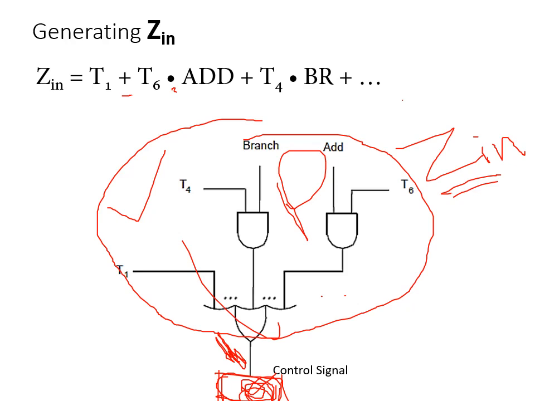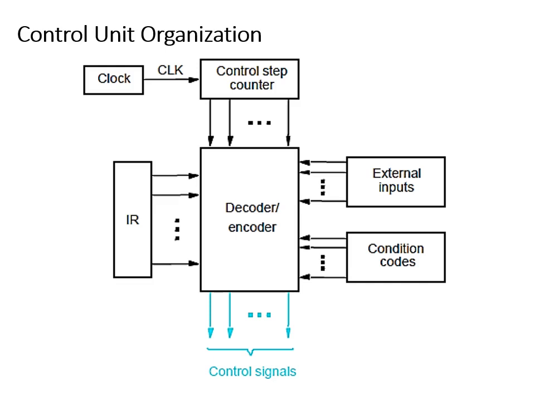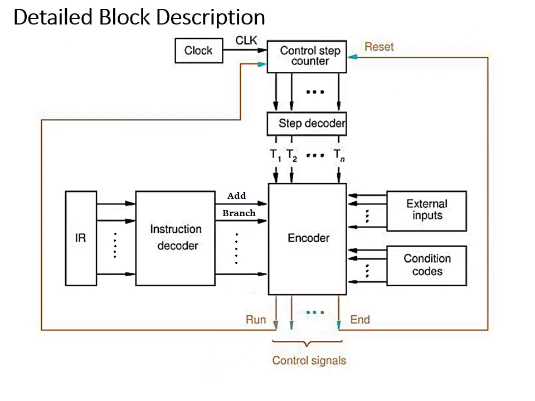Now let us see the whole organization. So this is the complete hardwired control organization. There is one more extended version of this diagram, and I will explain that diagram itself. So in a hardwired control, there is a clock. Of course, the processor has a clock. It is the time of the processor. During execution of various instructions, different basic steps must be executed in every clock cycle. So that's why there is a clock.